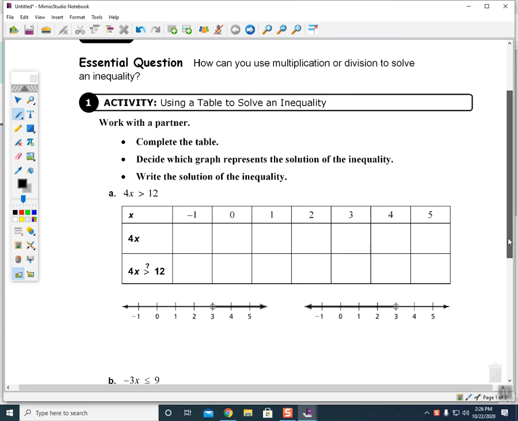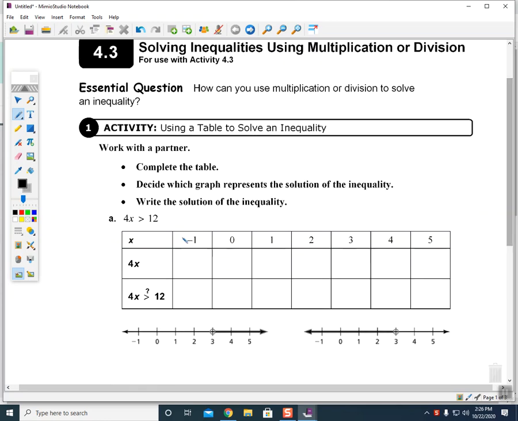This first part is we're given an inequality. So my inequality is 4x is greater than 12. And what I need to do is fill in this table to figure out what my values are at different points. So I'm going to plug x values into 4x, this part on the left-hand side. So 4 times negative 1 is going to give me negative 4,